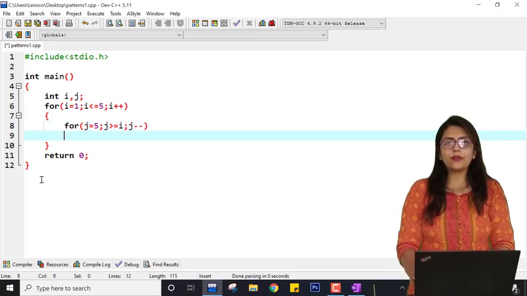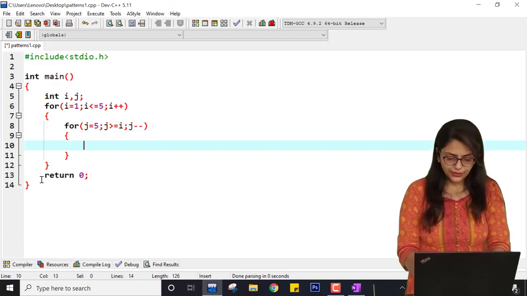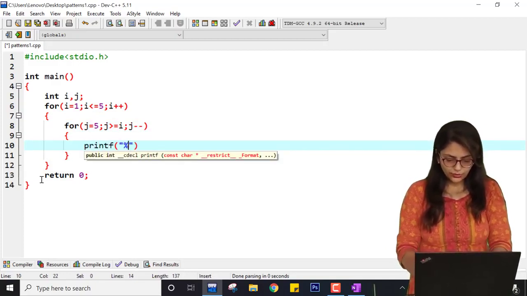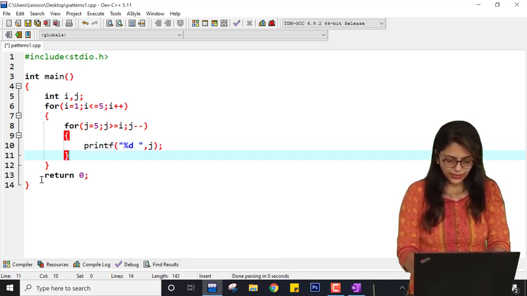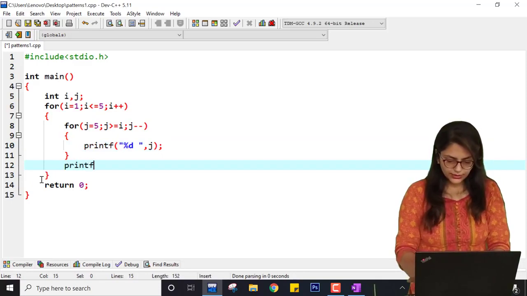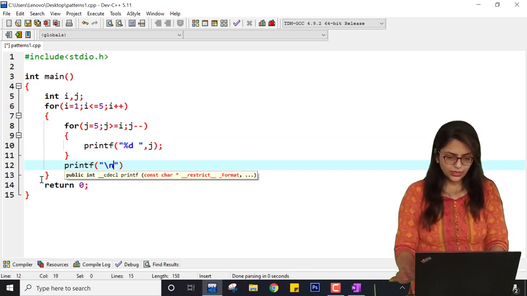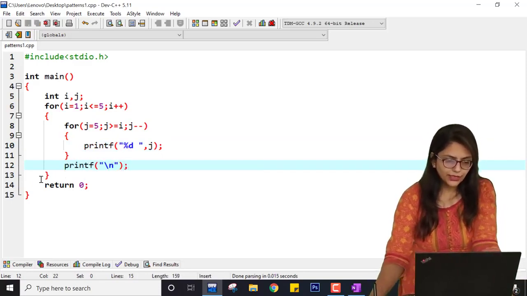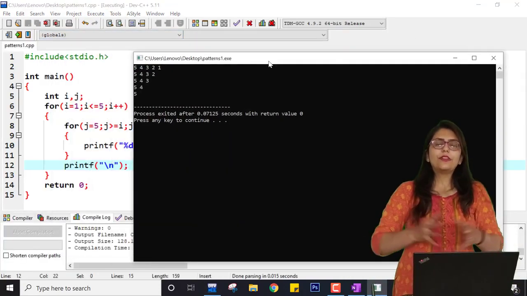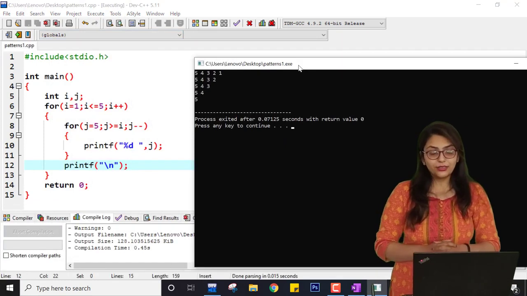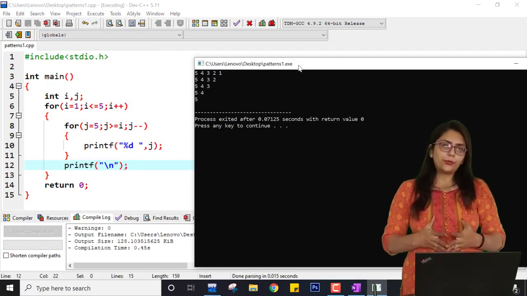Right now I don't know if my code is correct or not, but I am printing the value of j, and here printf backslash n. Let me save this program, compile it and check if we are getting the correct output or not. You can see we are getting the correct result. So this is how you can write a program.